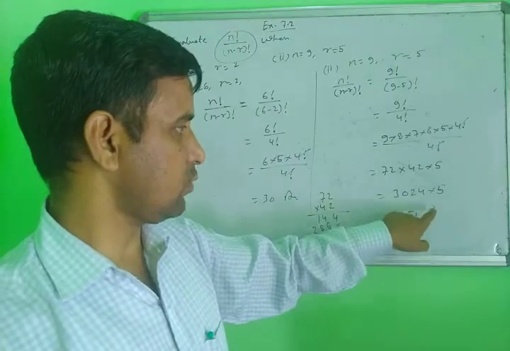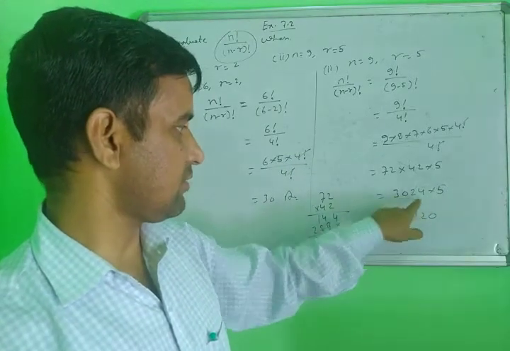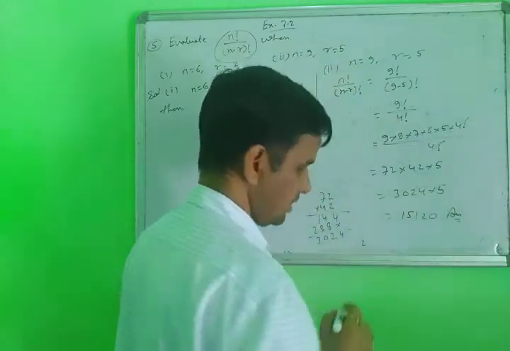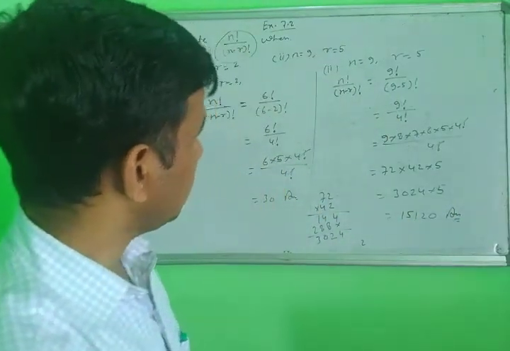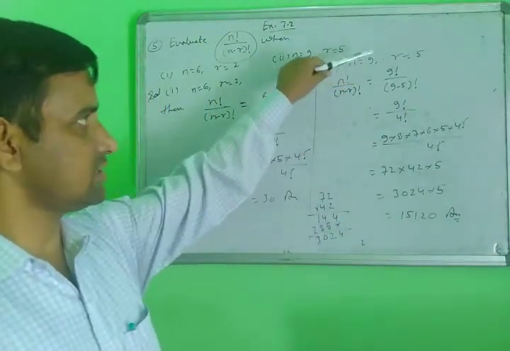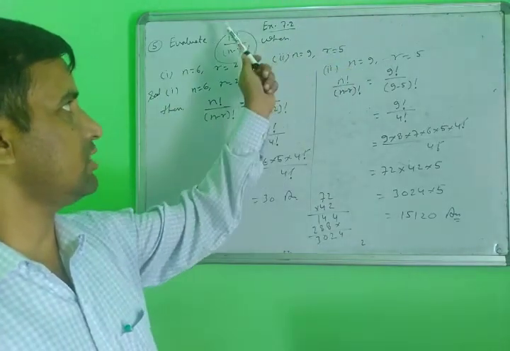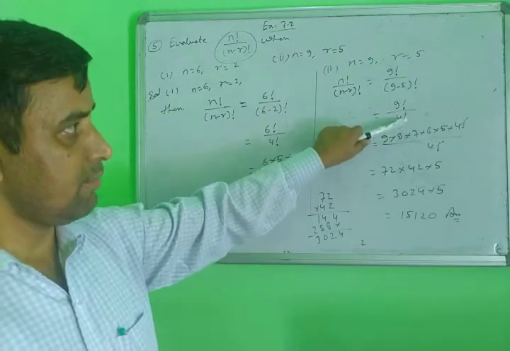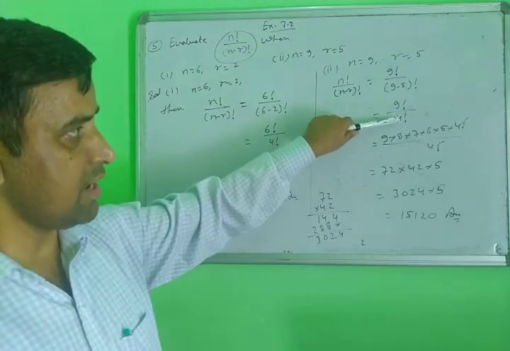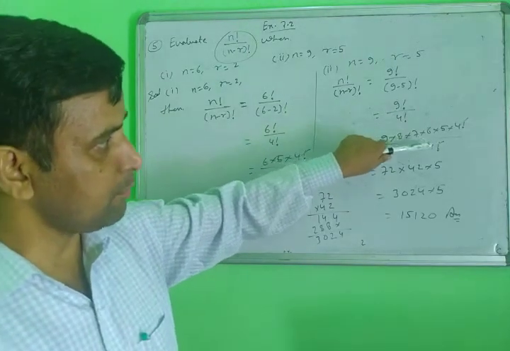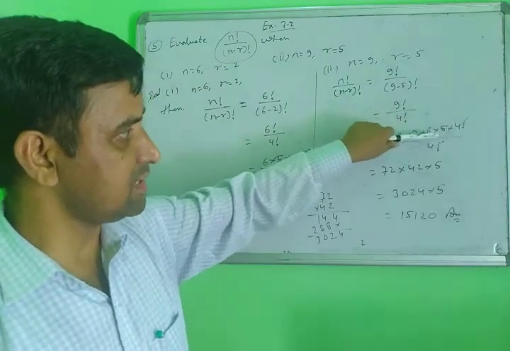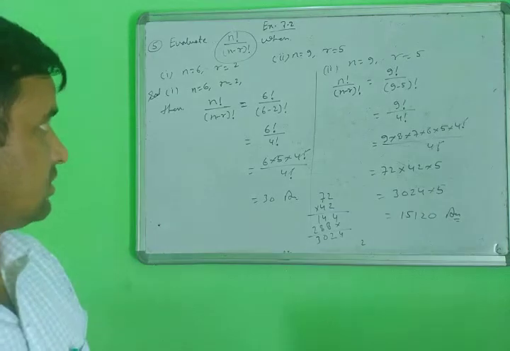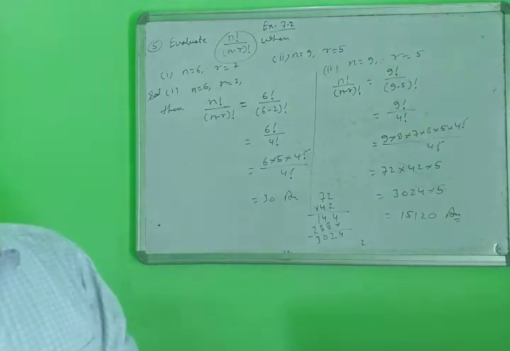5 4 is 20, 2 carry, 5 2 is 10 to 12 complete, and 5 3 is 15. This is your final answer. In this way, you can easily find any value. Suppose a separate value is given here, you put it in the identity and then you calculate step by step. But when the condition comes in this way, then you have to make them in like form. Then the like form will be easily cancelled. Then you multiply and you get the correct answer of the given question. Just note it down.